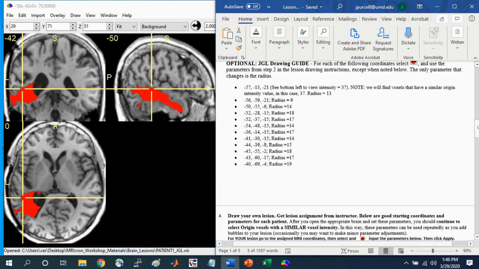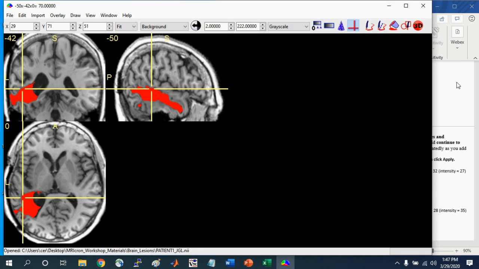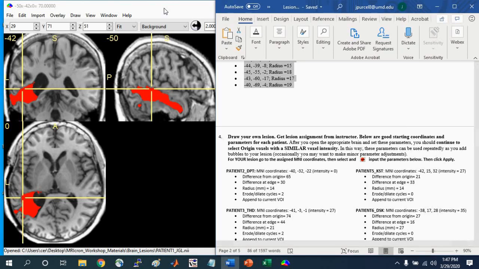So if you go then to this coordinate, -56, -59, -21, and input a radius of 9, you'll then add another bubble and keep adding these bubbles. Eventually you'll get to a final lesion that I think is of reasonable quality for at least a good first draft of JGL's lesion. So another important exercise is for you to compare the lesion you've drawn to that of